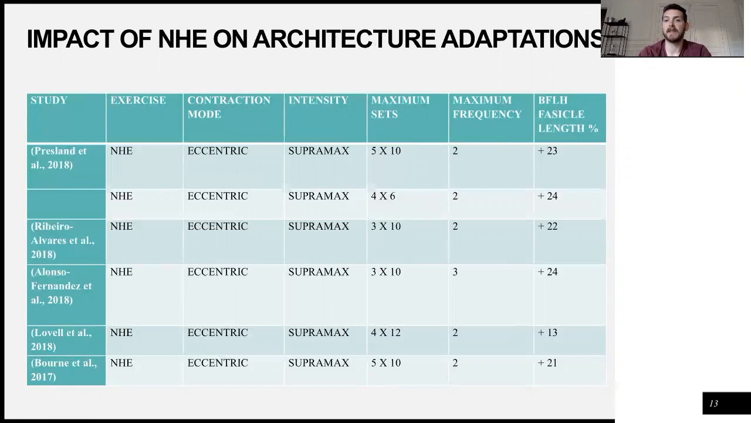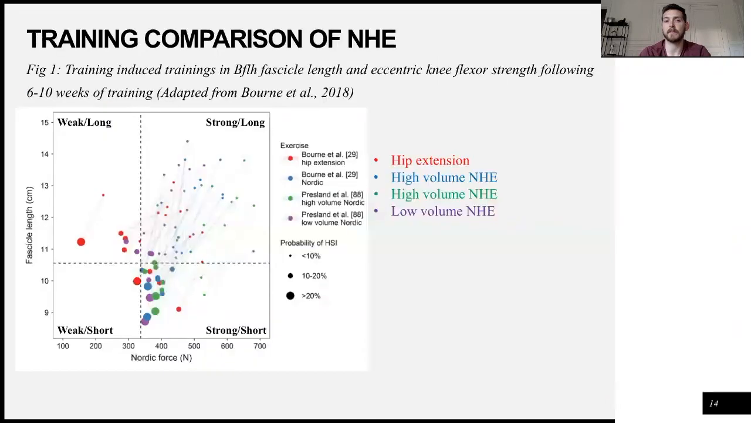But the percentage improvement of the bicep femoris fascicle length was significant, again, across all studies, showing the high success rate of the Nordic hamstring exercise on developing exactly what we're trying to develop. When we look at this study from Bourne, it was a training comparison on the Nordic